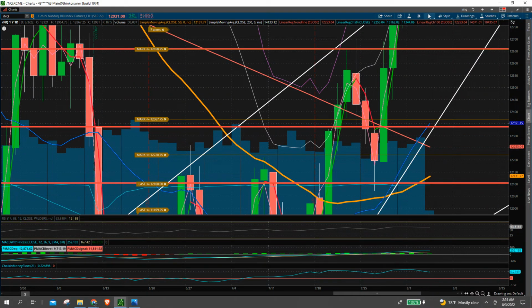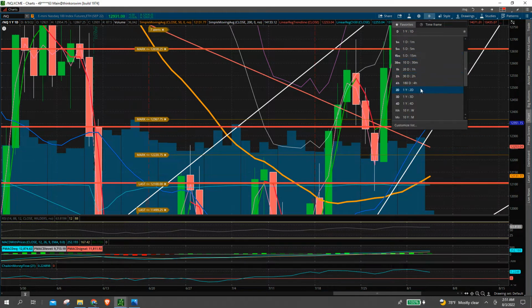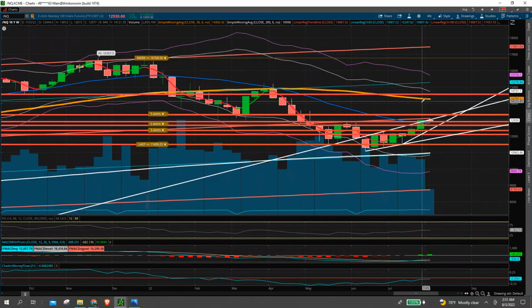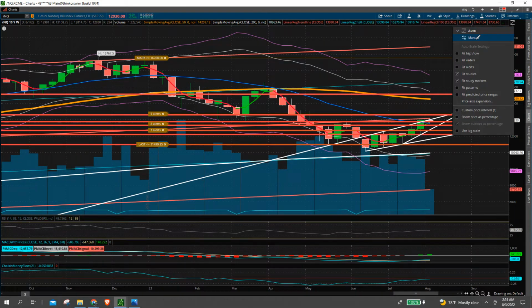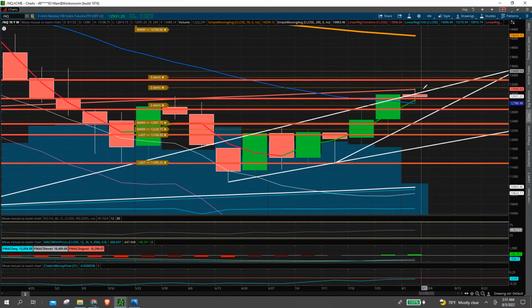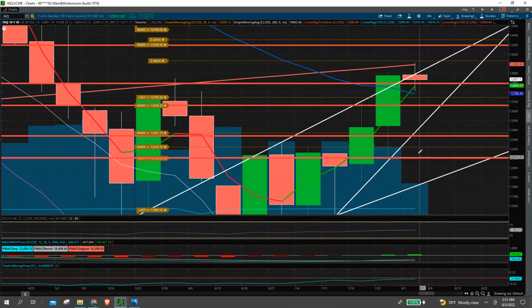But let's look at some other time zones. So, if we look at it from a weekly basis, okay. From a weekly perspective, this blue line being a moving average, it changes based on the time frame being used. That's why you see it slightly higher. So the weekly closing above this moving average